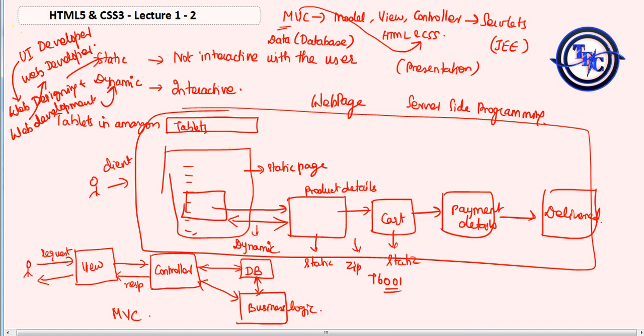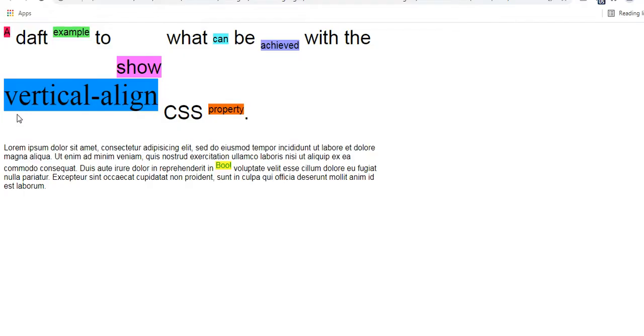But web developers will develop everything. If you give it to a web developer, he can develop a complete website even, but the UI developer doesn't know. So it is better to be a web developer than a UI developer. But UI is also very important. I'll show an example for this.